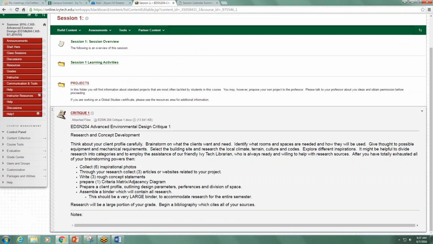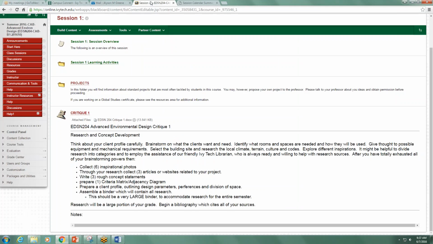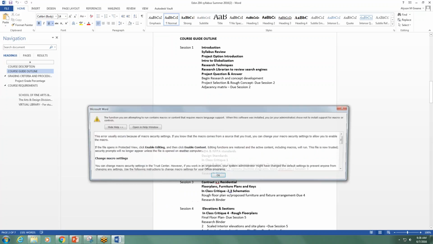So whenever it says critique, it means refer to the red critique 1 available under your session week, and I need all of this stuff. I can only put so much information on the calendar, so in blue is always the broad, oversweeping concept of what's due, and then each week you'll have the critique that's posted with the specifics. I also have the document that you can pull up that enables you